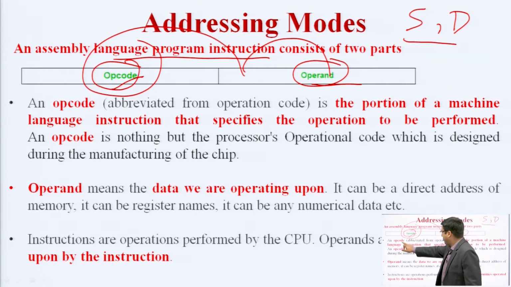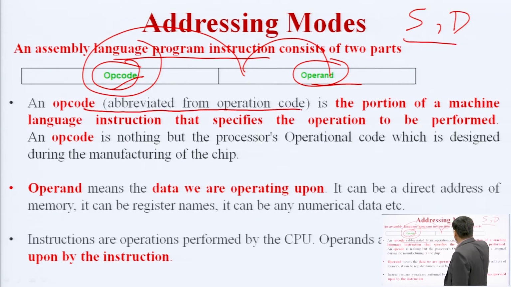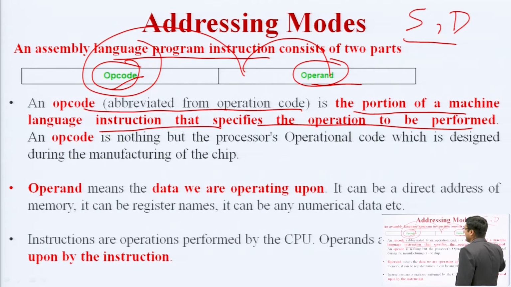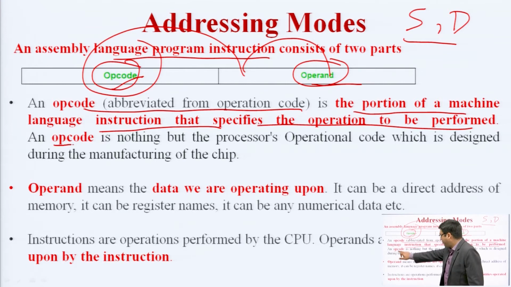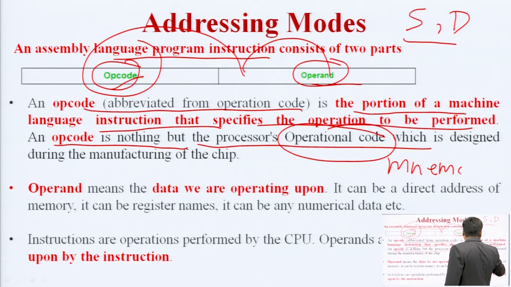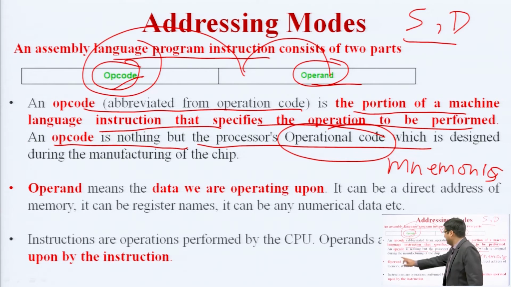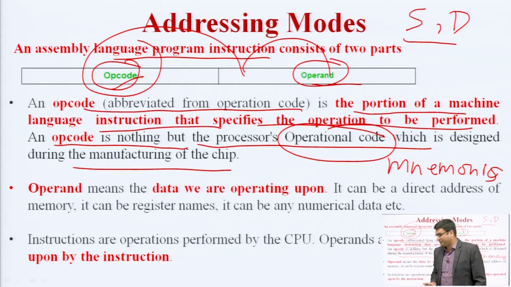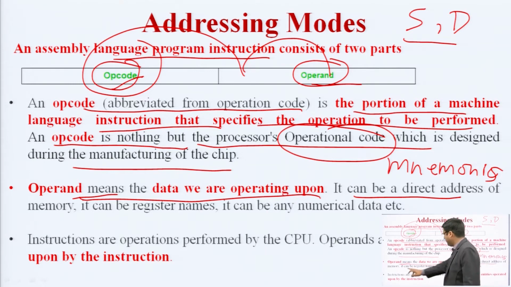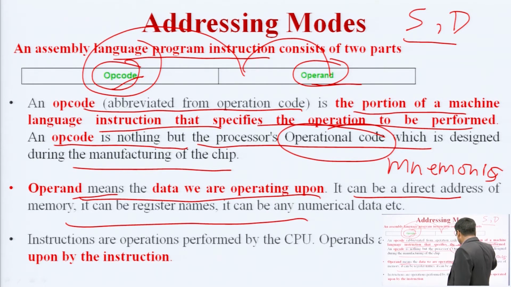An opcode, abbreviated from operational code, is the portion of a machine language instruction that specifies the operation to be performed by any processor. An opcode is nothing but the processor's operational code, or we can call it mnemonics, which is designed during the manufacturing of the chip. Operand means the data we are operating on, the data to be operated on. It can be a direct address of the memory, a register name, or any numerical data